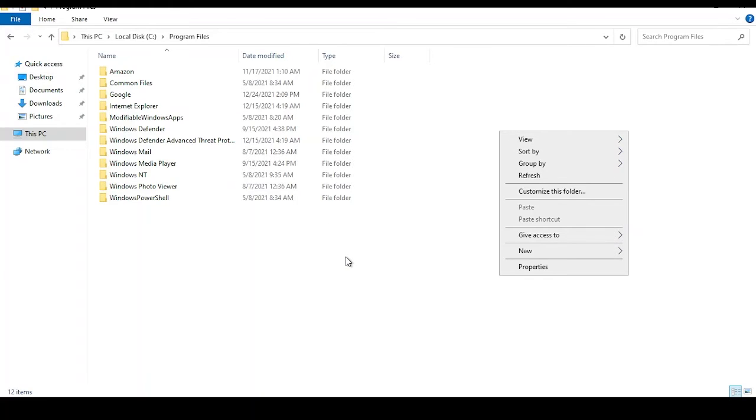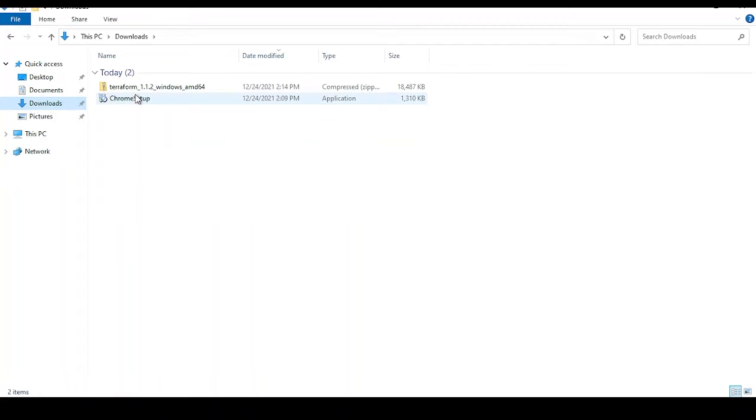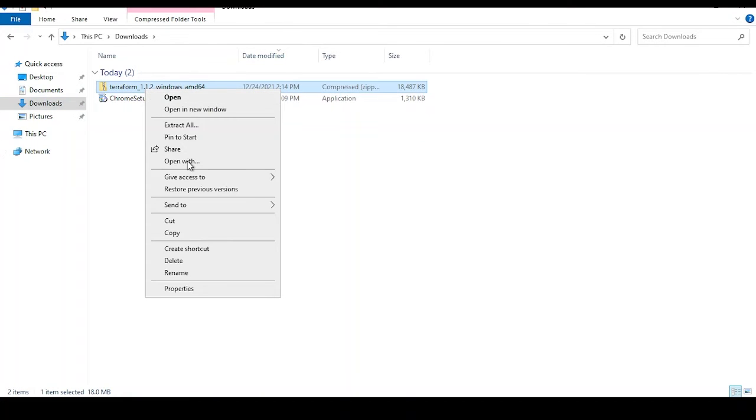Now we are going to set the path. After setting the path, we are able to access our Terraform. So I'll just go and create one folder. So I just give the name Terraform and go to again download folder and just unzip this folder.